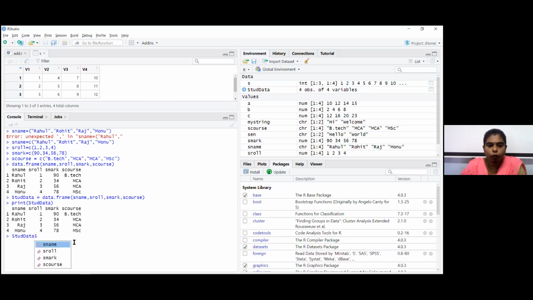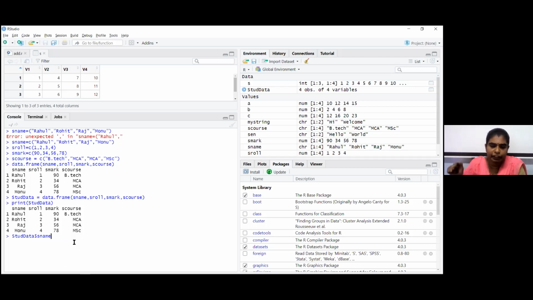Now what we all can see is the moment when we have used the dollar symbol, we could see the list of your attributes or the list of columns displayed. So you can see name, you can see role, you can see mark, you can see course. Now pick any one you select and hit enter.